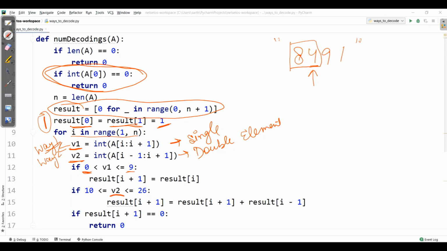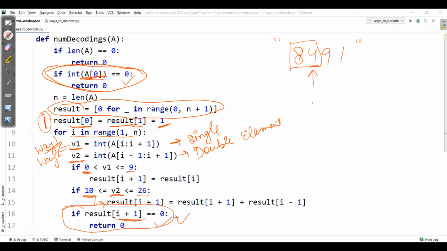Similarly, we will check for V2. It should lie between 10 to 26. If the number is beyond 26, it won't go inside this if. And then we will also check that the resulting array should not have 0 in the middle of our array, because for the first element of our array we have already checked.